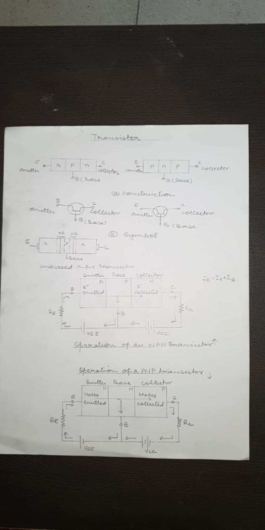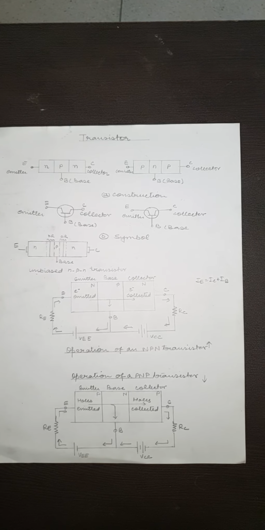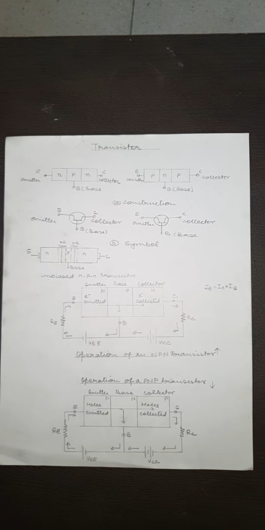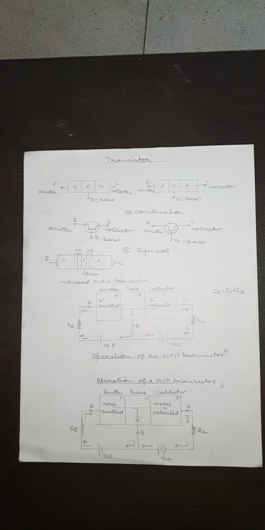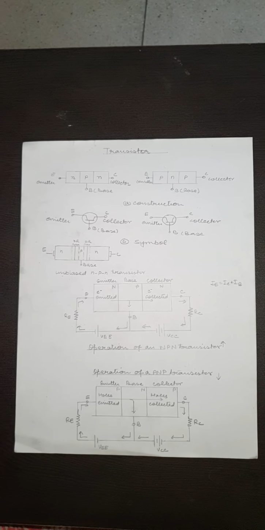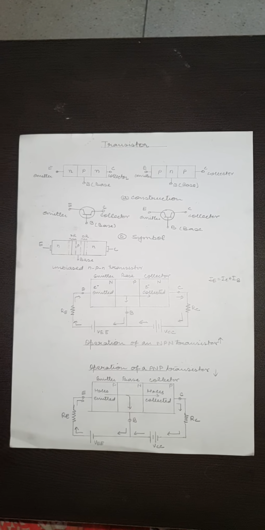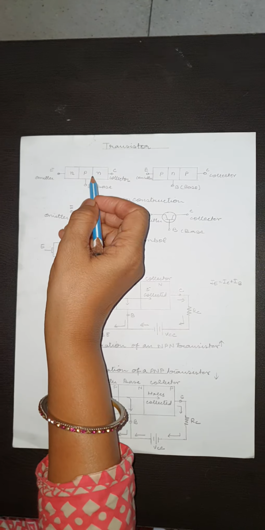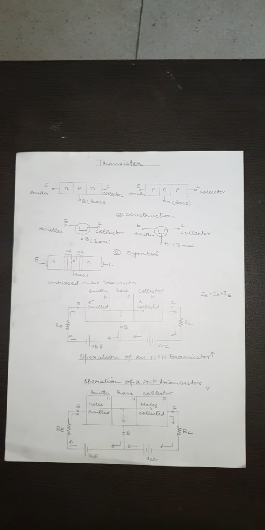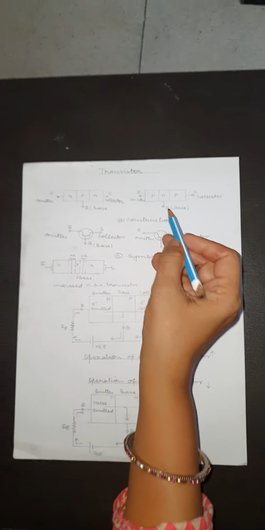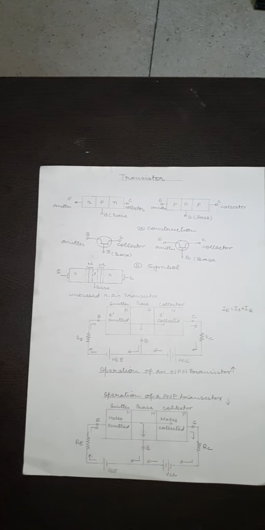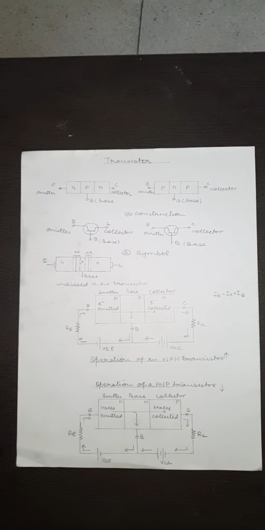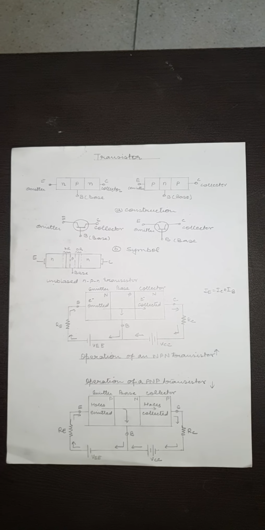There are two types of transistor, NPN transistor and PNP transistor. The construction and symbol of NPN and PNP transistor are shown in figure. The NPN transistor is formed by sandwiching a thin P-type semiconductor between two N-type semiconductors, whereas a PNP transistor is formed by sandwiching N-type semiconductor between two P-type semiconductors. In both types, base is common in between collector and emitter region.